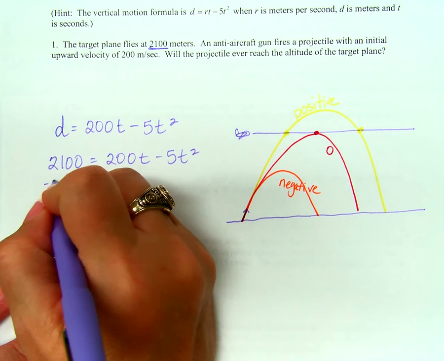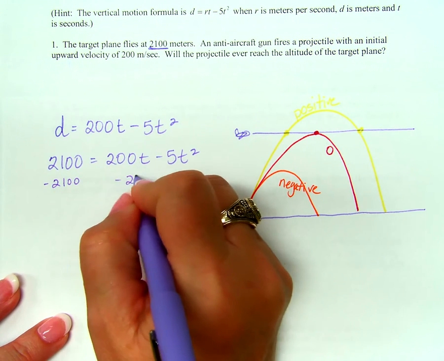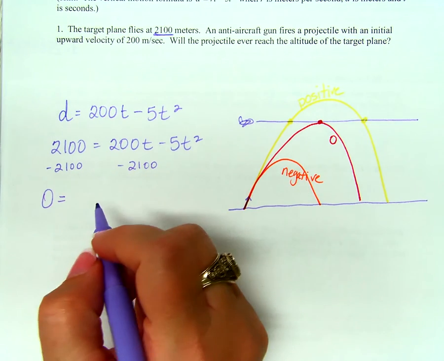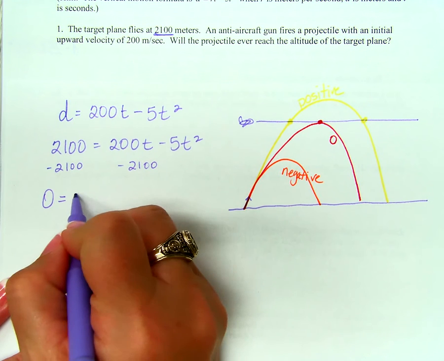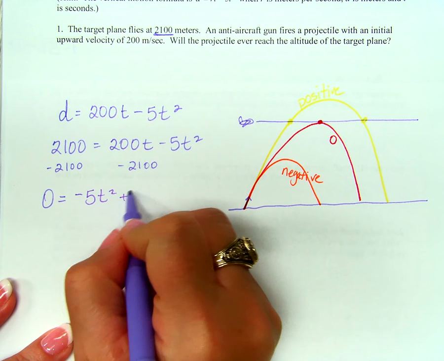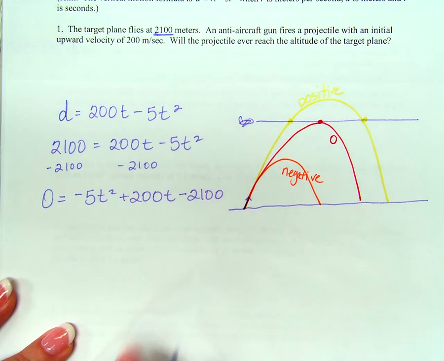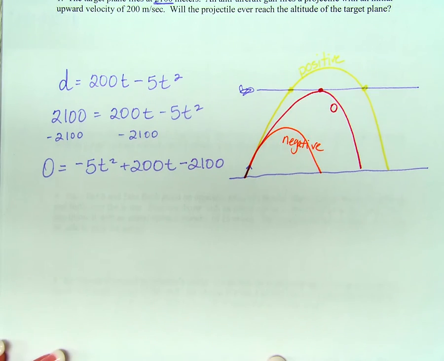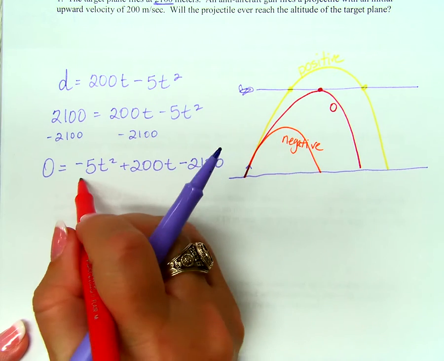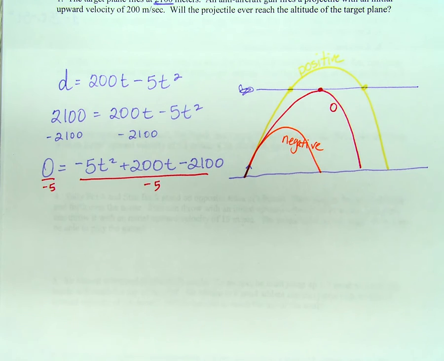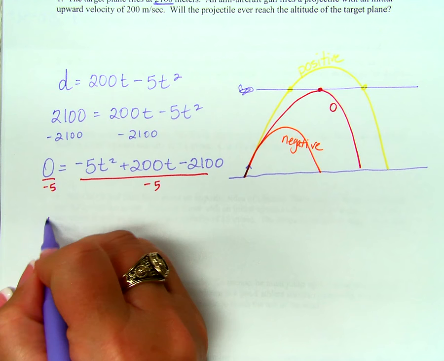Okay. So I'm trying to get it in standard form. So can I skip a step? Yes. Okay. What's the next step that I'm going to write down then? 5t squared plus 200t minus 2100. Okay with that so far? Now what? Yeah, we could. We can do that. Divided by negative 5. It's not required in this particular problem because we're not actually trying to find a solution. We're just trying to find the discriminant. But it'll make the number smaller for us, won't it? So 0 equals,